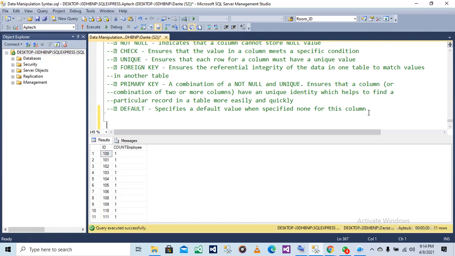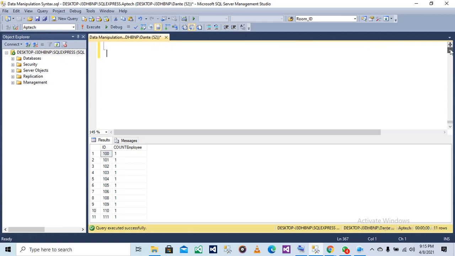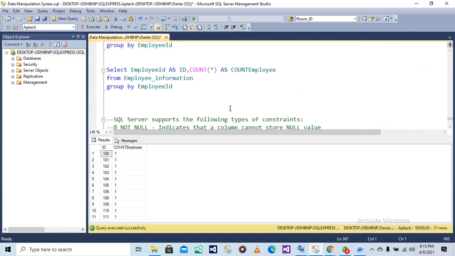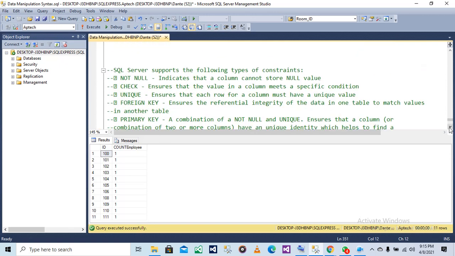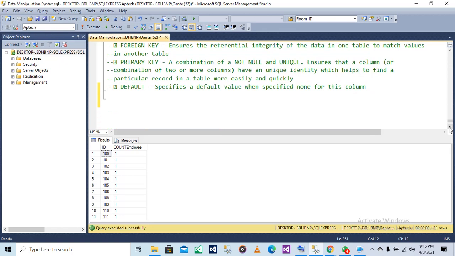That's why they said when a value is not specified for the column, it will specify a default value for you. So that's it. That's all about the constraints. I didn't do anything more because I know we were going to stop around this area. So do you have any question concerning this constraint?